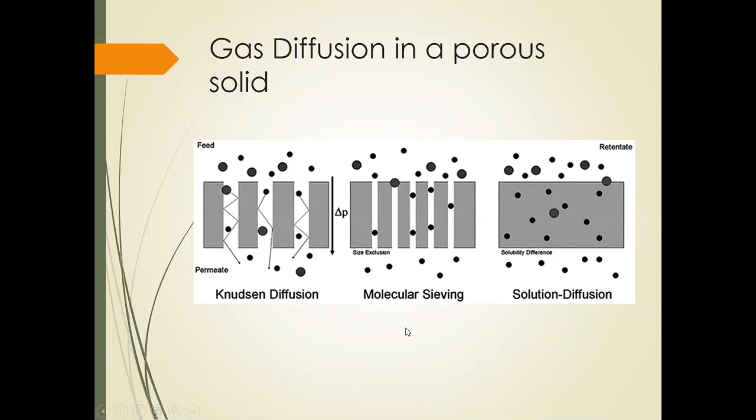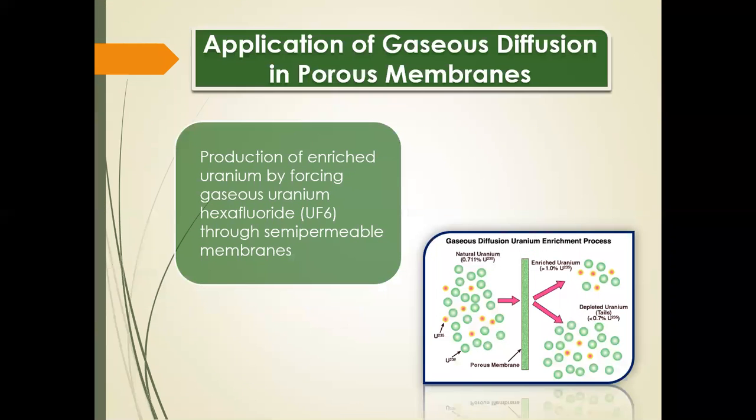Now, if I will be cut through in this particular slide class, I will just let you read the rest of the slides here because they are just easy to follow. Okay, so these are the applications of gaseous diffusion in porous membranes. So production of enriched uranium by forcing gaseous uranium hex